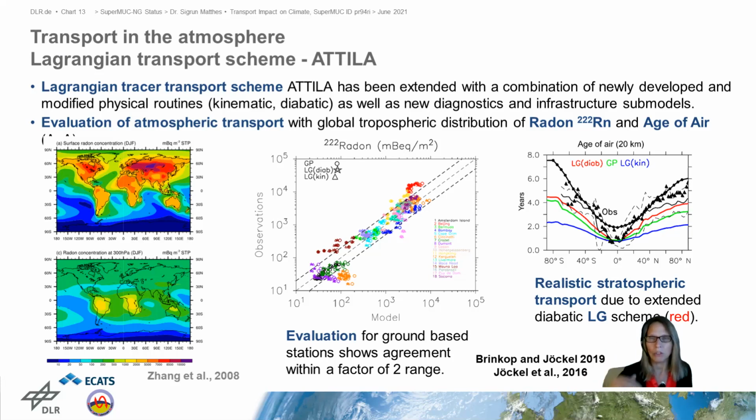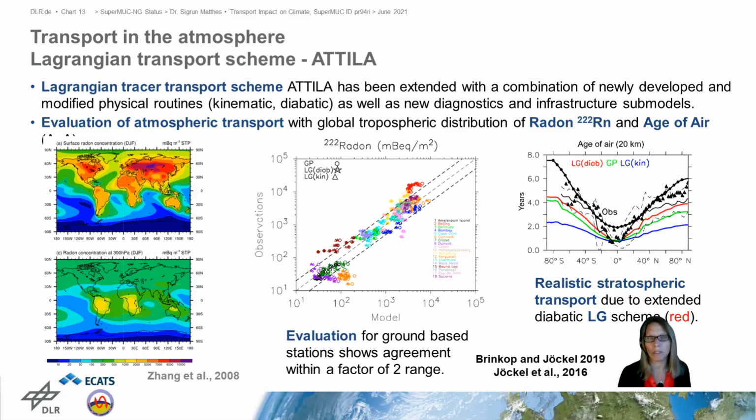If we then look to the vertical, we can use the age of air, which is an atmospheric parameter, to indicate if the transports are realistic. And in fact, what you see here, by following the red curve, you see that with the Lagrangian diabatic, which is the novel scheme, you are well representing the vertical and realistic stratospheric transport. So this is what you have to do if you work on the original modules before you can make it